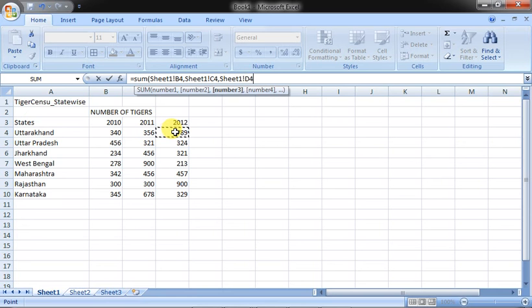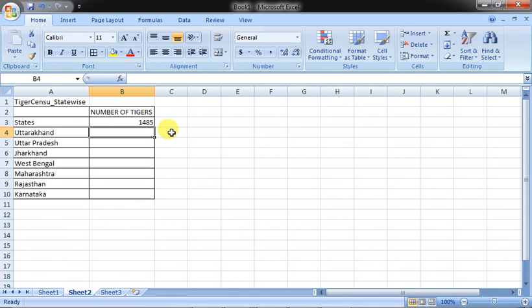Then what you are actually finding out there, this is the reference. Sheet 1 B4, which is this one, this is sheet 1 C4 and sheet 1 D4. So these three have been taken. All right, then you press enter, you will see that altogether the sum has been copied over there. So in this way you can link a part of a worksheet.